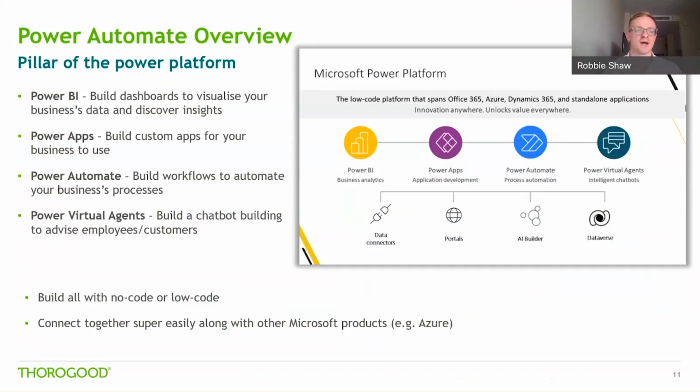So for example, in Power BI, I think a lot of people would be familiar with it. You can build out visualizations really quite easily. If you do need to do something a bit more complicated, you can write a little bit of DAX, but the idea is you can get very far without having to write any code or move on to that coding stage at all. And like I said, they all connect really well together,